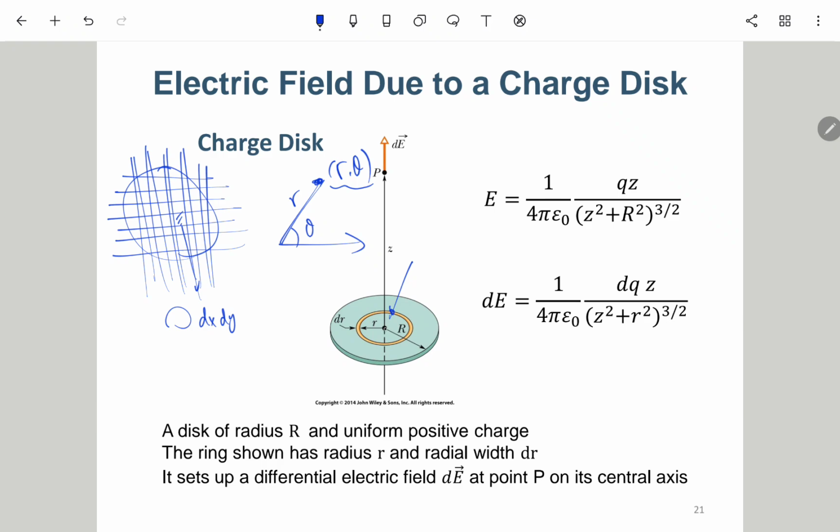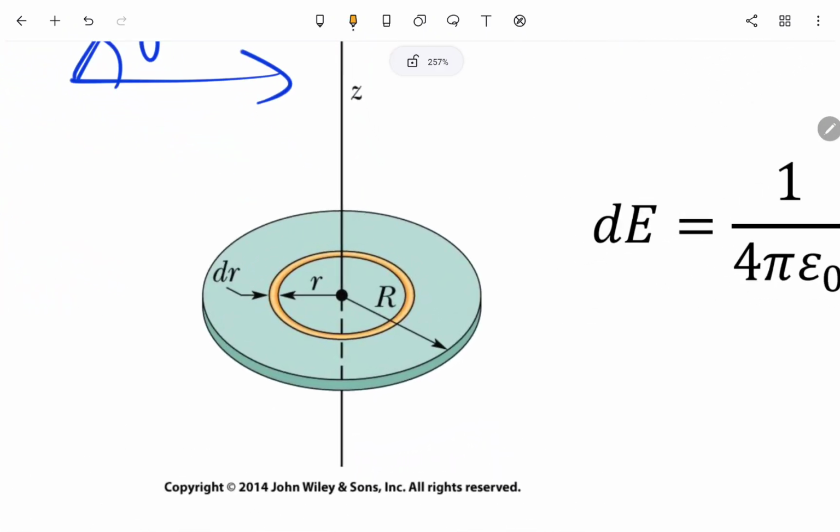Let's say the rings start from the radius of 0 and then gradually get larger, and up to here is a ring with radius small r. Okay, with a ring with radius small r, and then all the way up to the largest one, which is capital R. So you can consider this circular disk can be separated into infinitely many different thin rings,